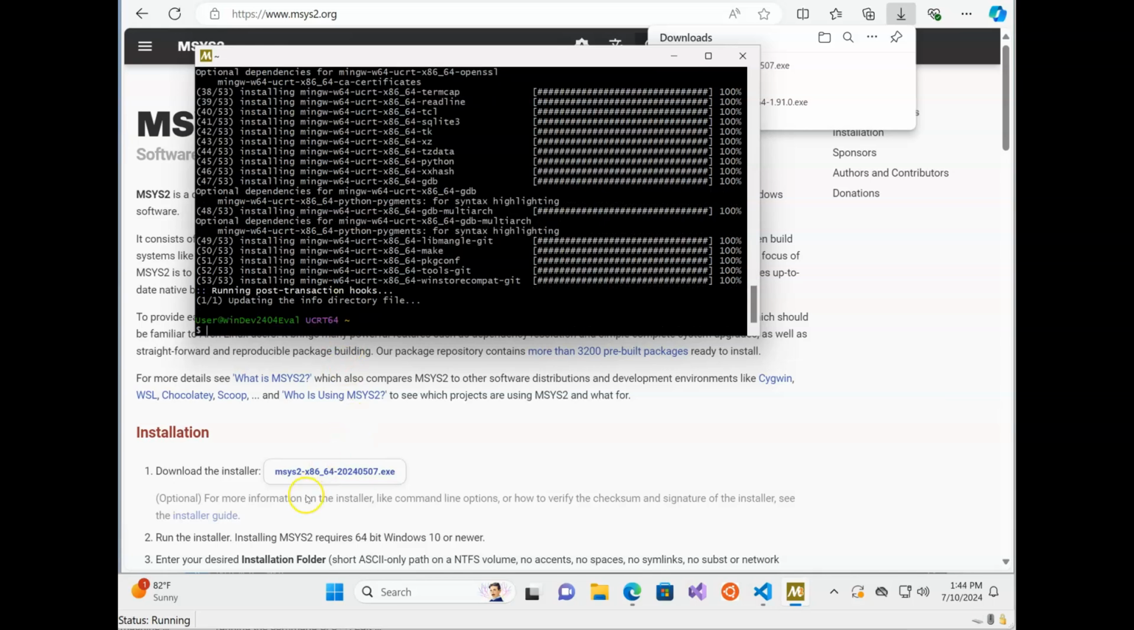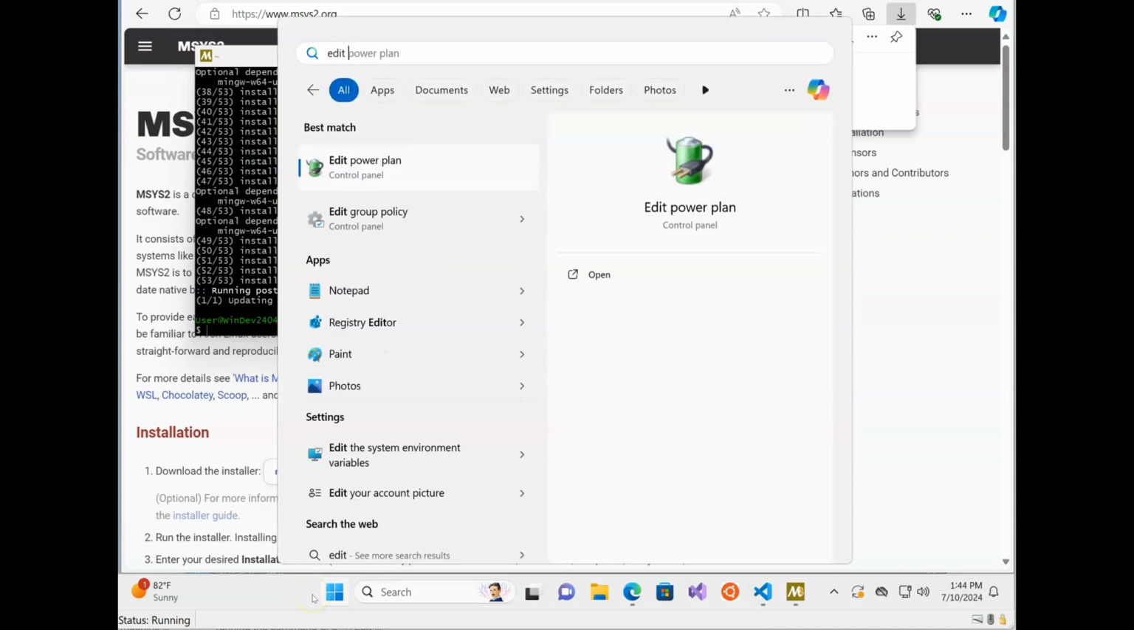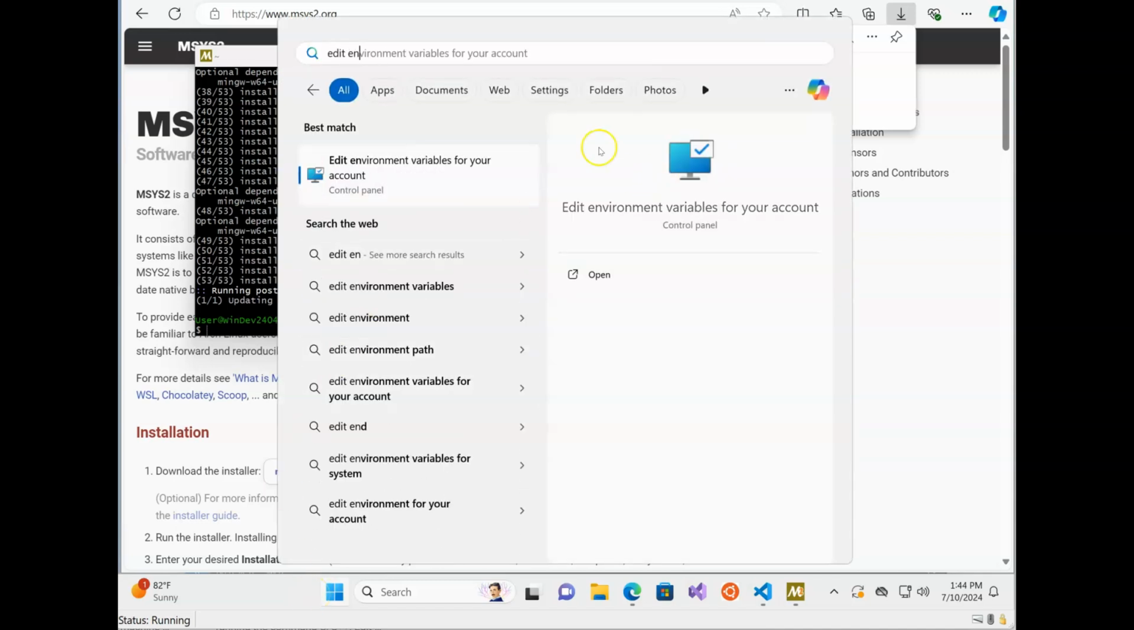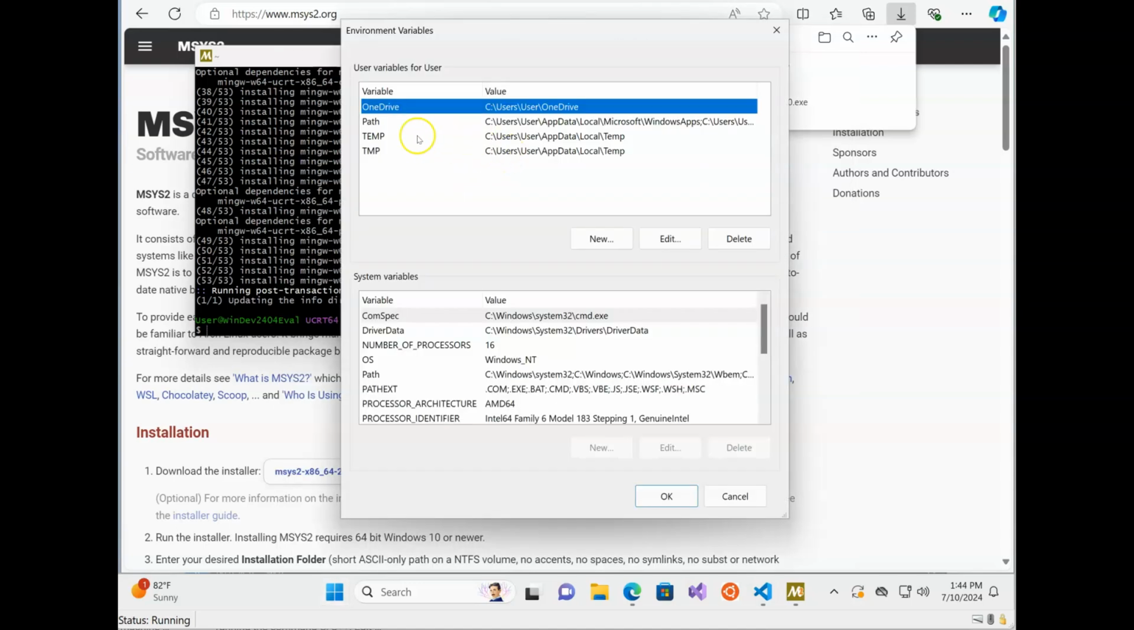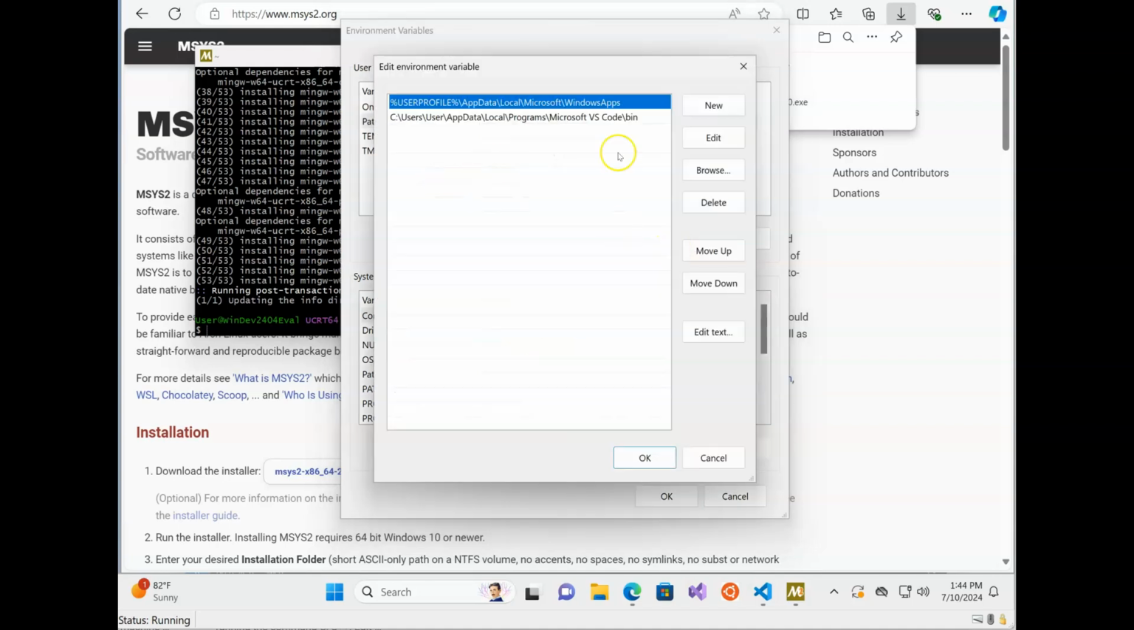And jump ahead, and after it finishes, what we're going to have to do is update our environment variables. So here we're going to hit start. We will type edit environment variables for your account. Right. We're going to click on path, edit, and then put a new entry in here, and what it'll be is